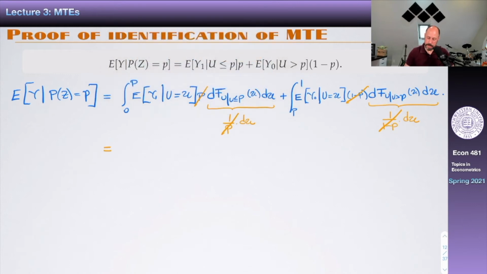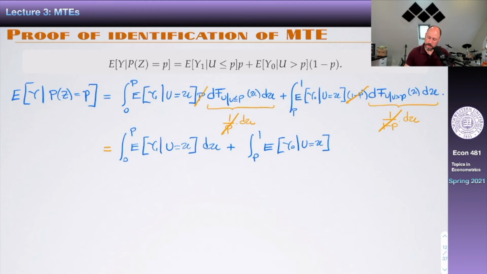So what we have is the integral from 0 to P of the expected value of y1 conditional on U equal to little u, du, plus the integral from P to 1 of the expected value of y0 conditional on little u, du. Now we're almost there. Almost home. Take the derivative of this